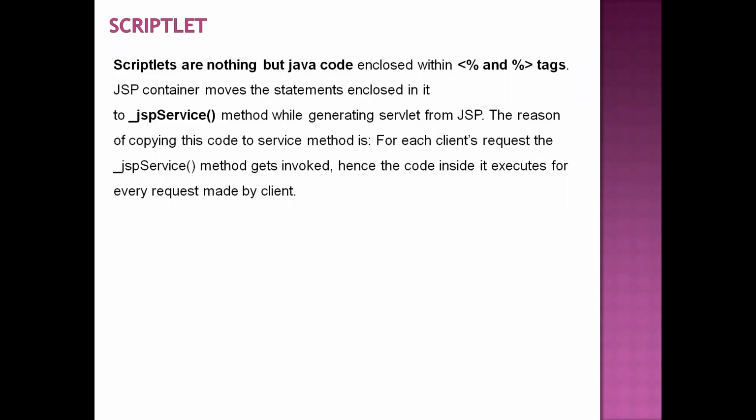Let us see all these JSP elements one by one. First one is the scriptlet tag. This is a very important tag. In a JSP page, if you want to place any Java code, we write that code under the scriptlet tag only. These are the symbols used for writing the scriptlet tag: angular bracket, percent symbol, and it ends with the percent symbol and angular bracket. Whatever code you write under the scriptlet tag will be directly added to the _jspService method of the automatically generated servlet. Whatever content you write under template text will be directly sent to the client.